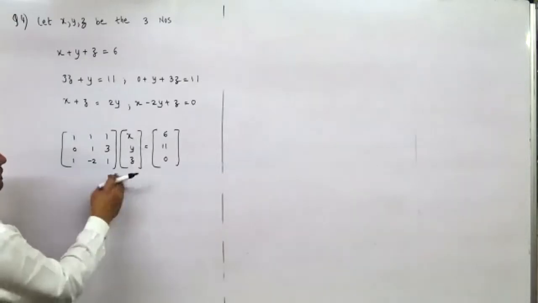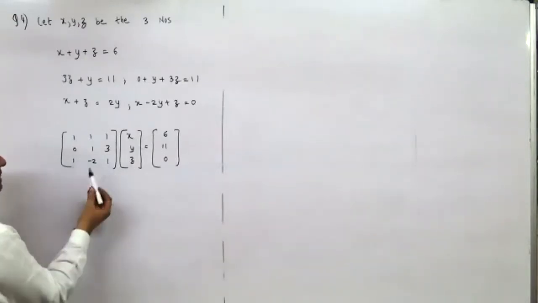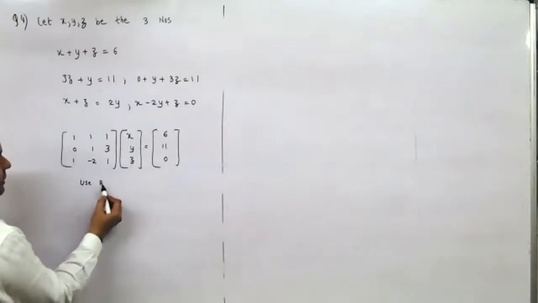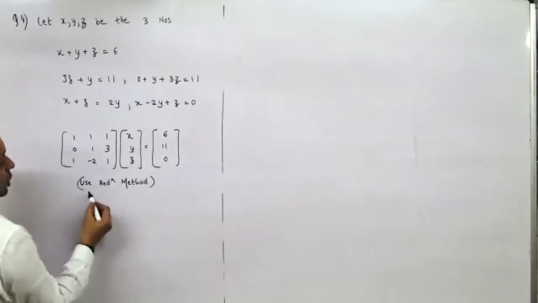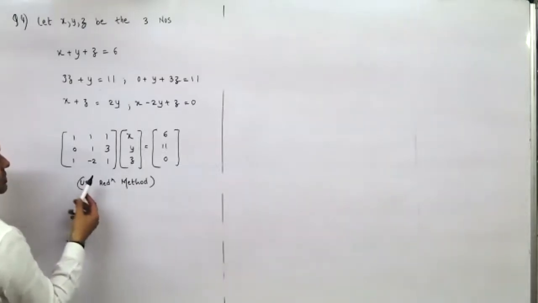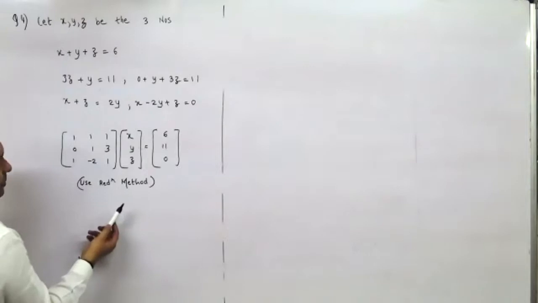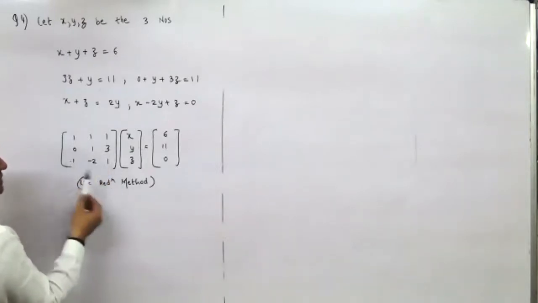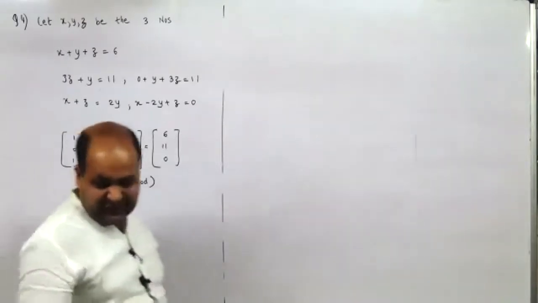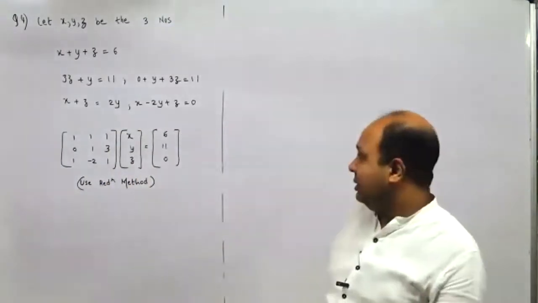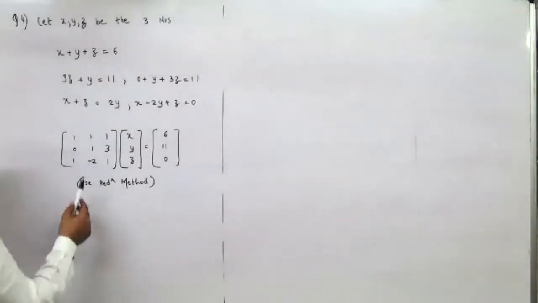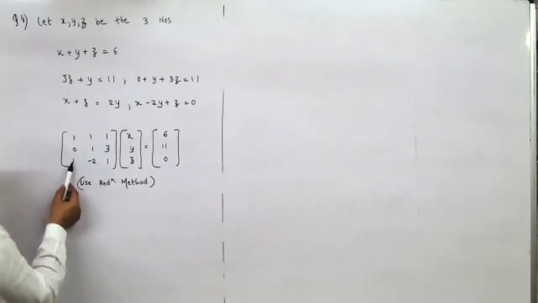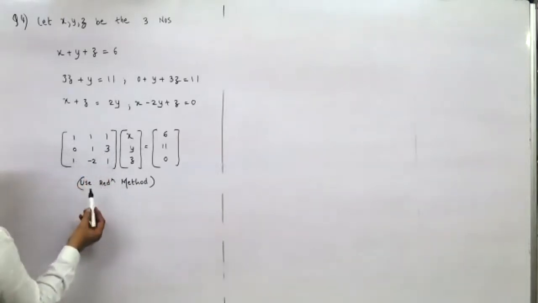Once you get this, you can find the value of x, y, and z by the reduction method. Or you can use the inverse method also. The reduction method would be easier. You make this 0, and then solve it. Do you want me to solve it? Anyone, do you want me to solve it? No answer. So I'll do one thing, I'll solve it. I'll make this 0 and this 0.